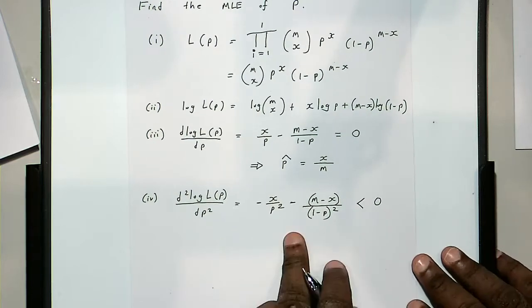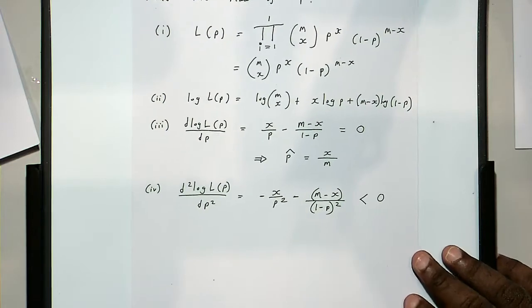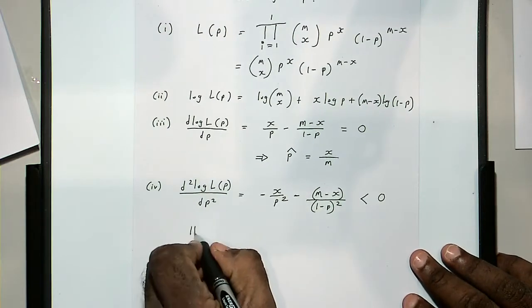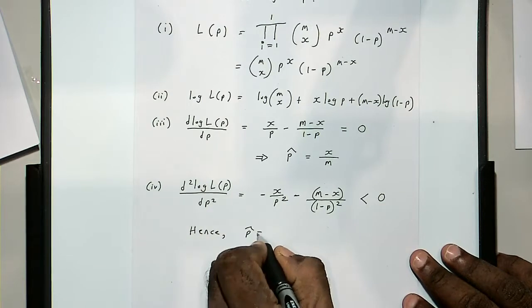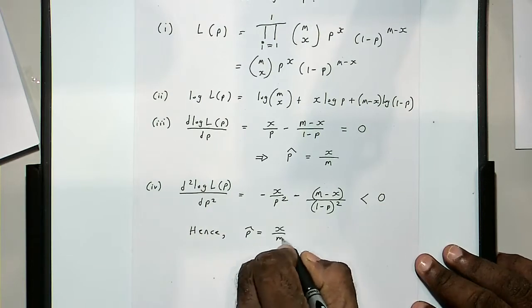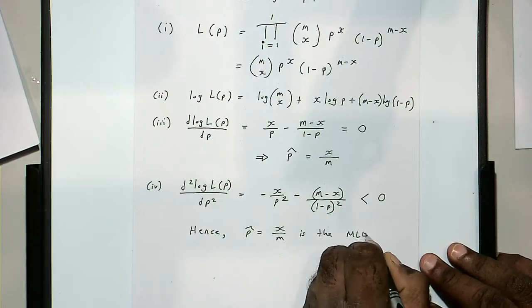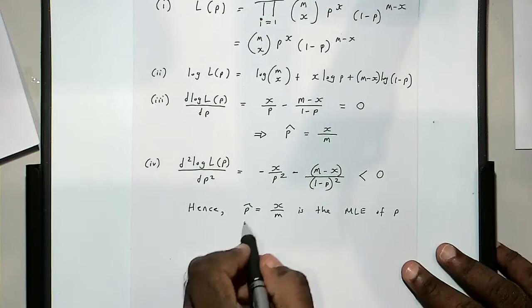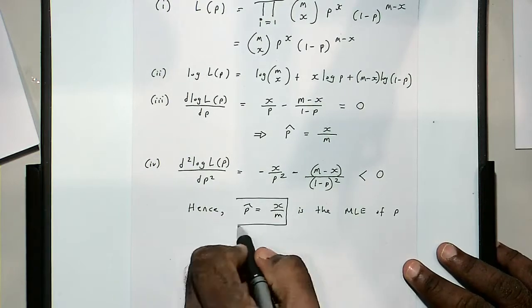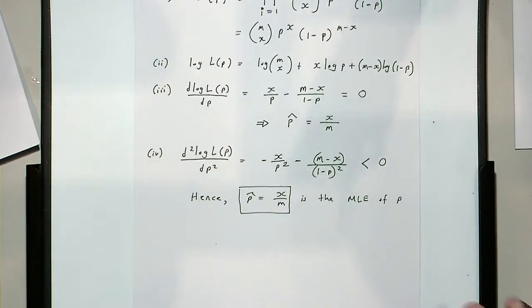And this is clearly negative because of the minus. So hence, this is the MLE when you have one data point. Compare with example 3,